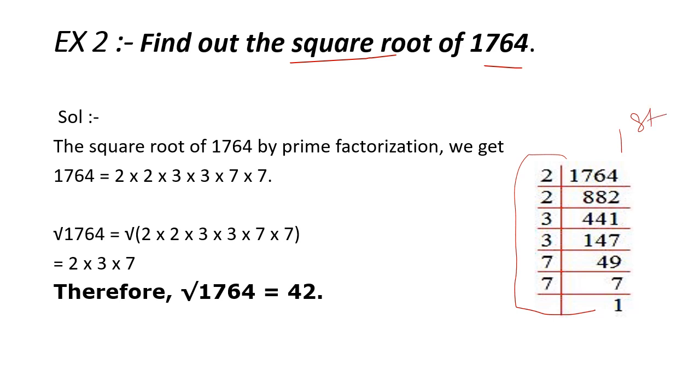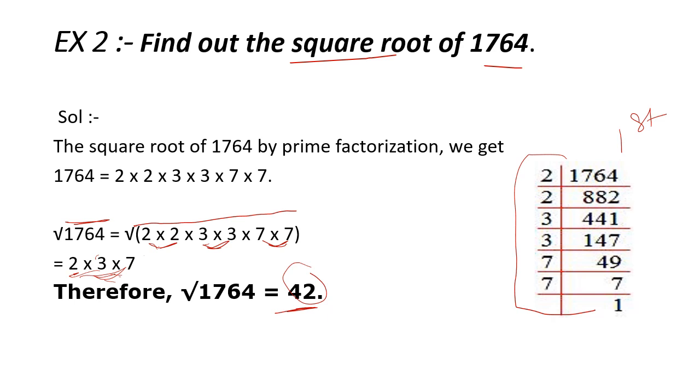Then secondly, you have to make this symbol and put all the prime numbers under this symbol. Then you will be pairing these prime numbers. Like I can pair this 2, this 3 and this 7 also. These are forming the groups. Then I will be taking out one number out of these pairs, taking out 2 only, then 3 and then 7, then multiplying these three numbers. That is 2 into 3 is 6, 6 into 7 is 42. So what will be the square root? Square root will be 42 of 1764.